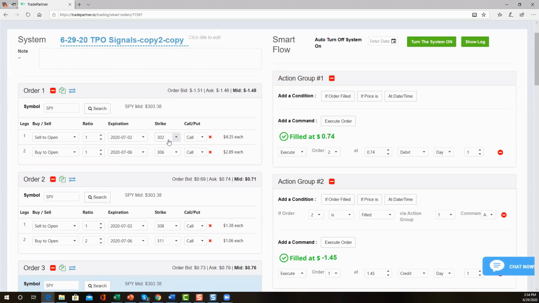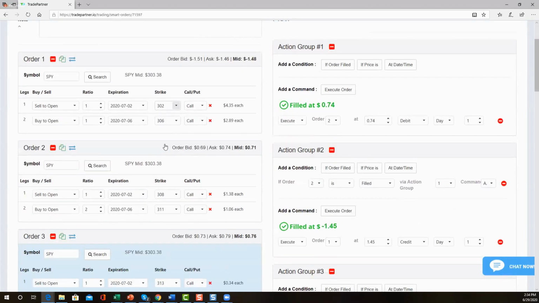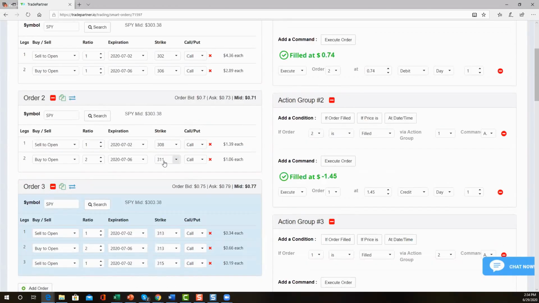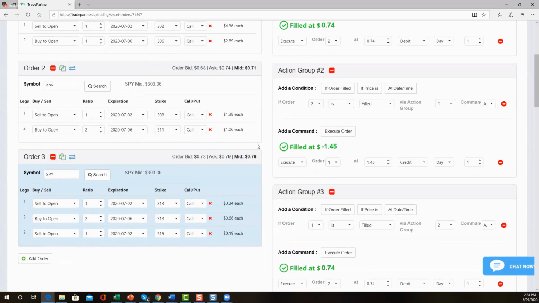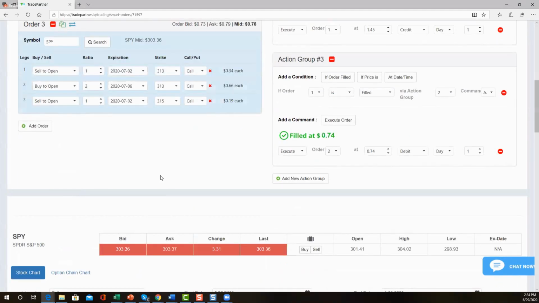And I'm going to go ahead and tell you that if I wanted to, I can go ahead and sell. I can create a credit if I want to by selling a 314 or 315 call option on this trade on one of the bullish because I have 1 to 2, right? I could do that if I wanted to, and I'd create a credit. What are those going for?